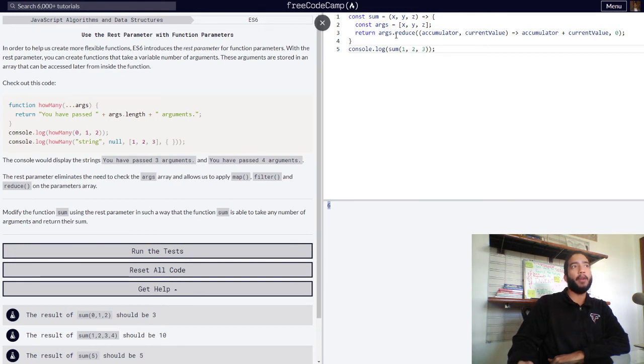What is going on with our reduce method is that our accumulator starts off at 0. And then we passed in values of 1, 2, and 3 into our sum function, which then set those values in our array. And what our reduce method is doing, it is taking our current value of our array. So it starts from the left, the first value. It is taking 1, which is the first value of our array, adding that into our accumulator,